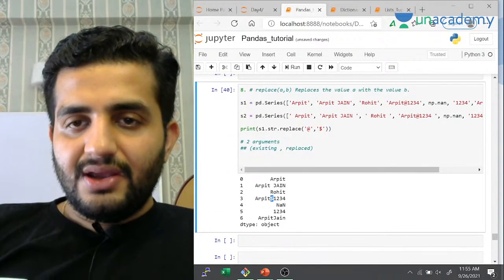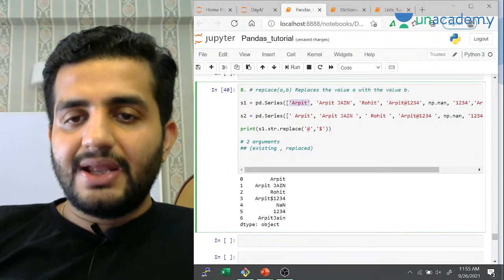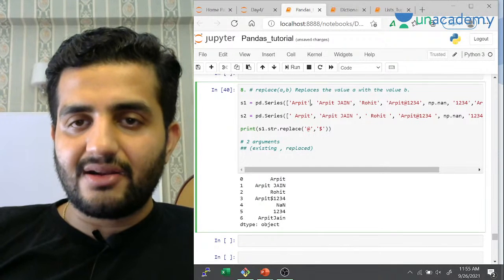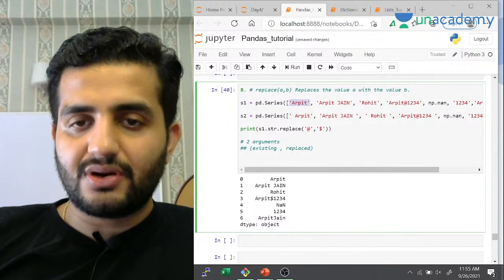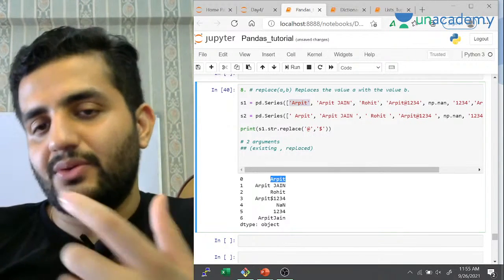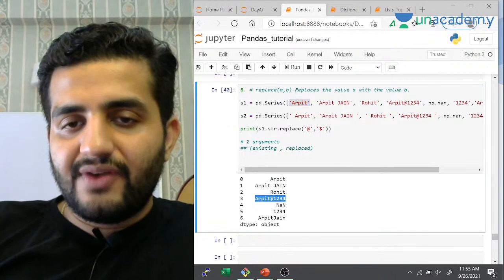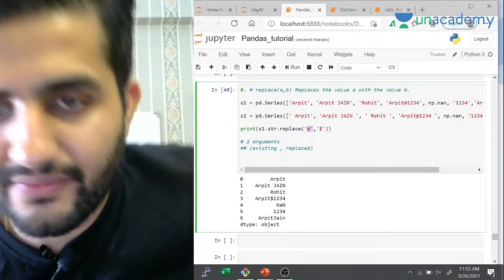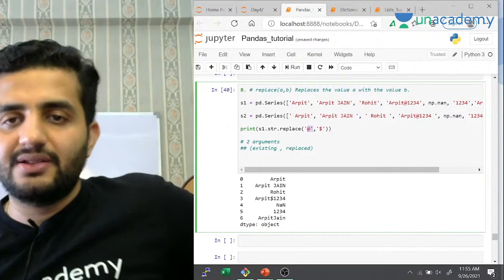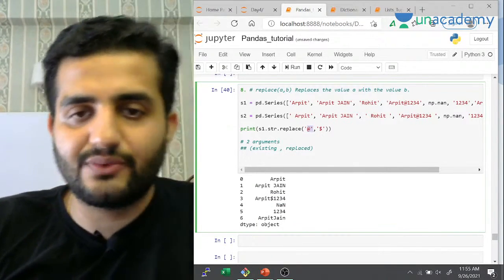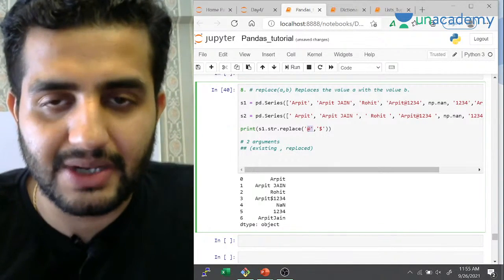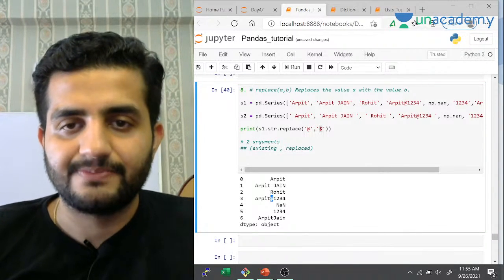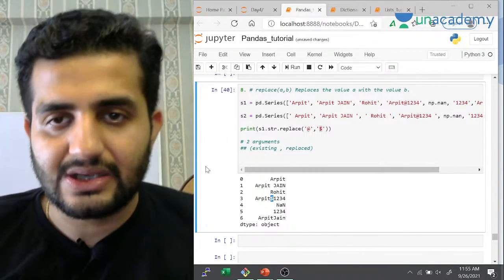Can you see? See, जहाँ पे नहीं है वहाँ पे वो काम नहीं करेगा, because it does not have it. And it will not give you an error that you don't have an @ here. So it will still run, it won't do anything, okay? And it will run only where that special character, whatever replacement pattern we have given, and it will replace it with what it is expected to replace, right? So the second argument. So we have replaced it here, so we have a $ sign here. Cool guys, and that's how replace works.